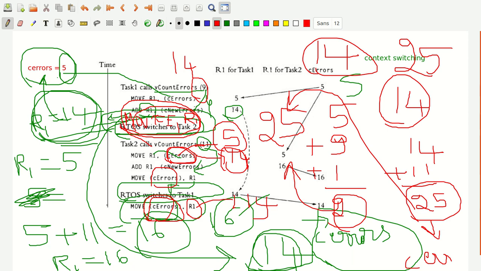Of course, you have some techniques, that is semaphore techniques, to overcome that. Maybe in the earlier videos you might have seen that. You make this section atomic, that is you disable interrupt, and again enable the interrupt, so that the variable is not shared whenever another task, in this case task 2, interrupts task 1. You don't actually allow that, so you disable those interrupts. Of course, that is also one way that you can do it, but we will discuss a better way also, that you have the semaphore technique to solve these kinds of sharing data problems. Okay, so hope you understood this one. Fine. Thank you.